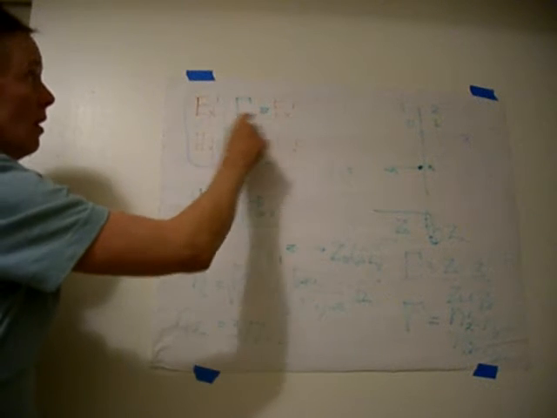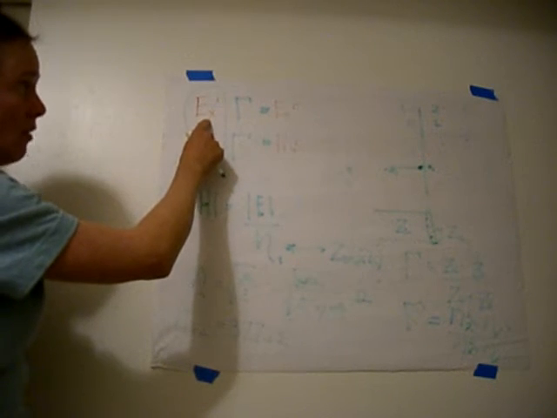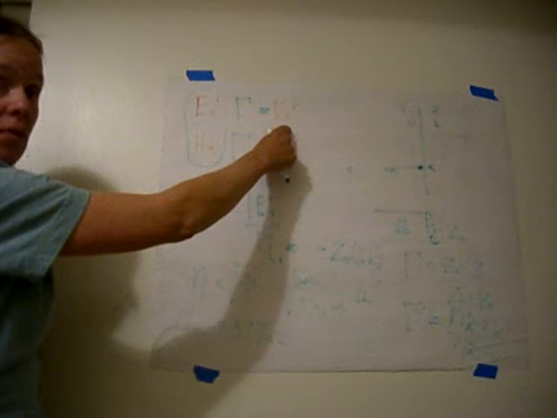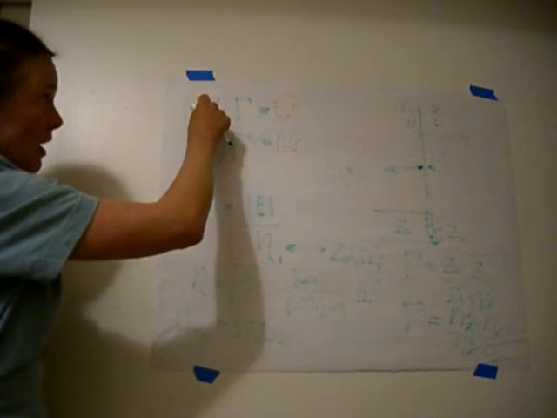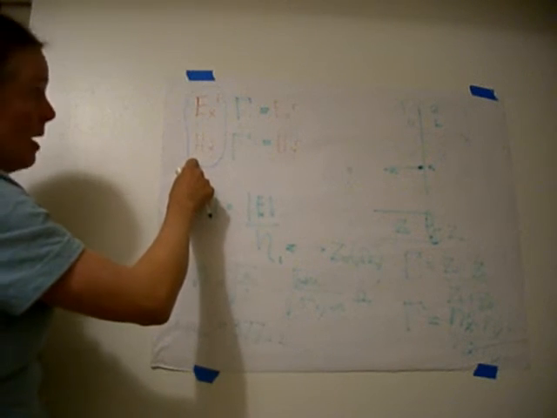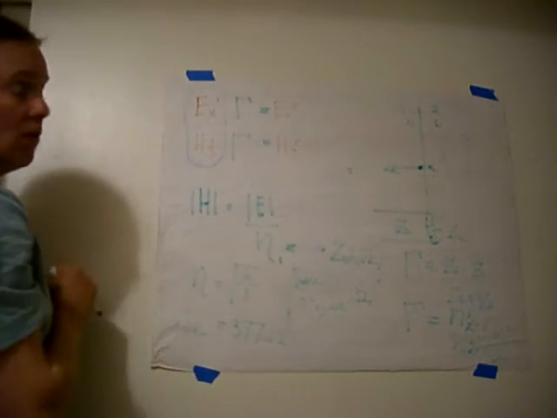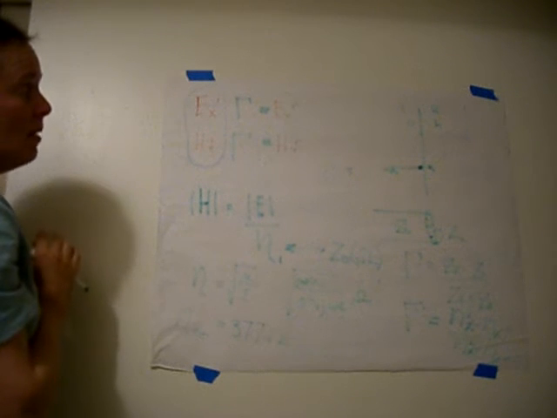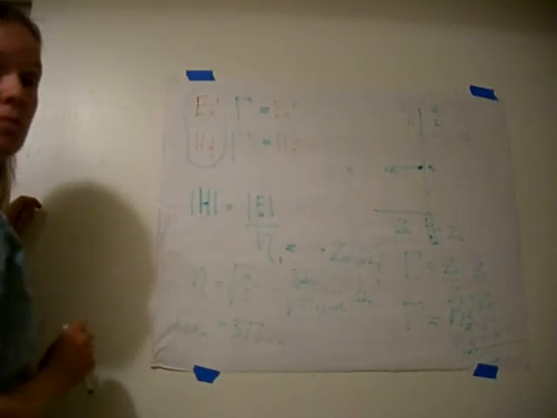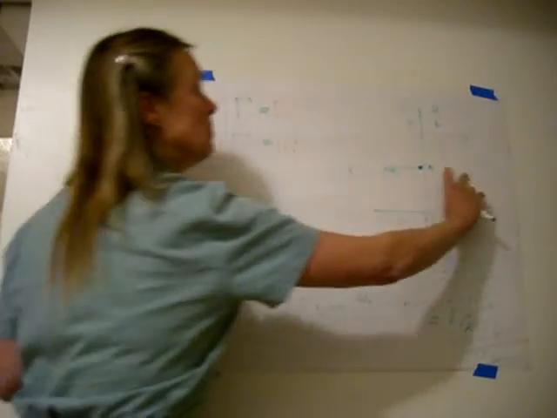Now, if I know the incident electric field, I can then know the reflected electric field. If I know the incident electric field, I can find the incident magnetic field, and if I know the reflected electric field, I can also find the reflected magnetic field. So we've been able to analyze all of the values that we need. We could plug these into the equations that we currently have for a region that has only two materials. That's assuming that this material is infinitely long, or it's long enough that the wave dissipates or is fully attenuated before it gets to the other side.